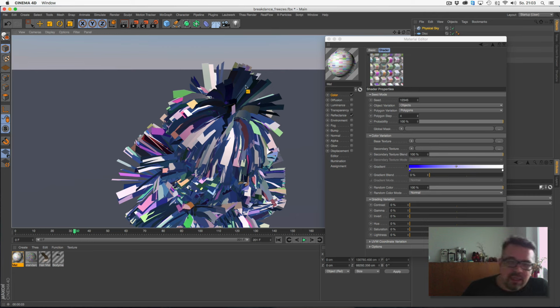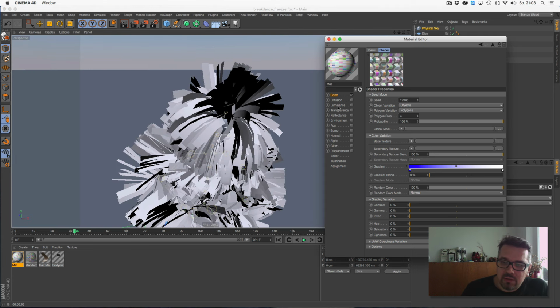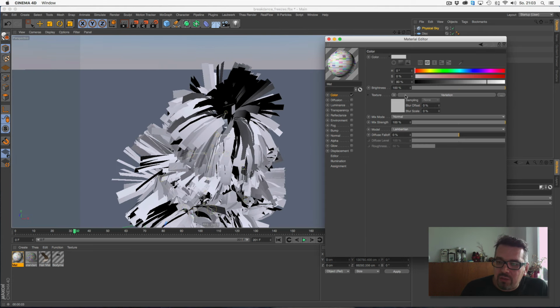Very easy, I said. And in Cinema, like in Arnold Renderer, we have of course the possibility to give this stuff a bit of backlight. At first I copy this variation shader, copy channel.